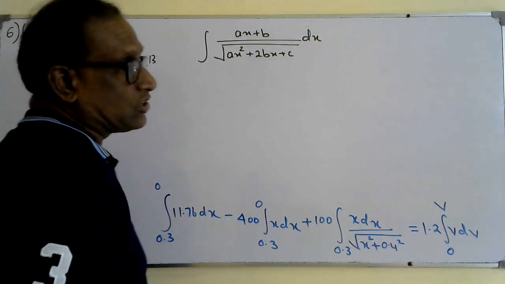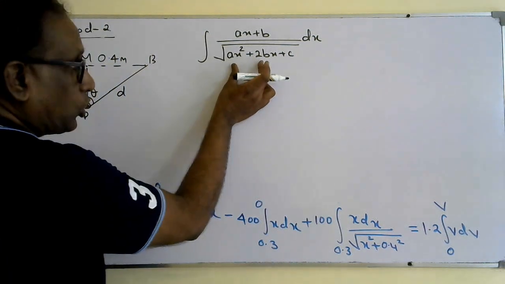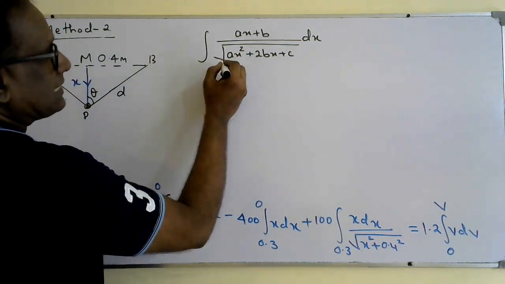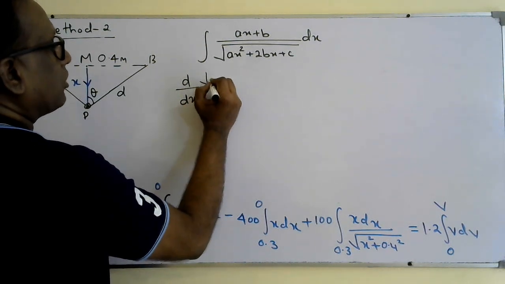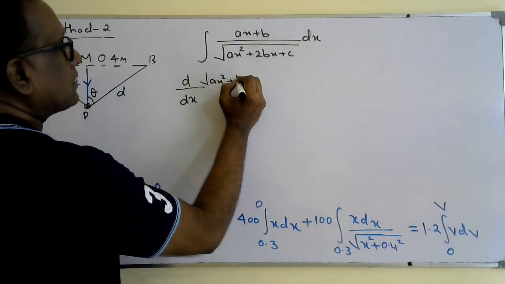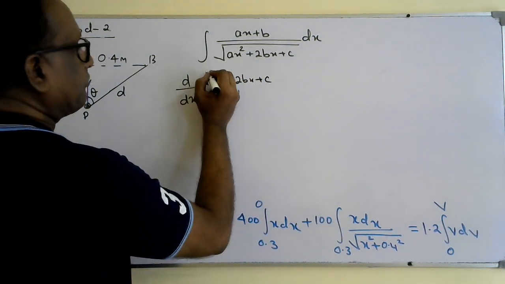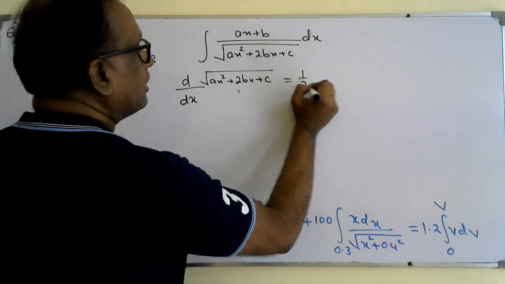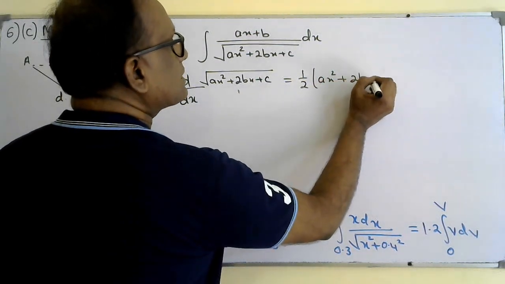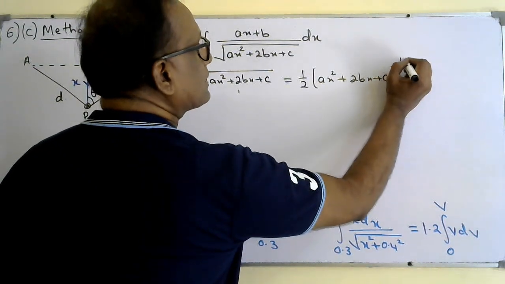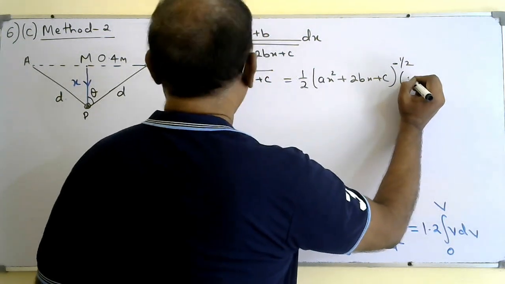What could be the integration of it? Remember this way. Now if you differentiate the denominator, d over dx of the square root of ax squared plus 2bx plus c, you will get half times (ax squared plus 2bx plus c) to the power of minus half. If you differentiate inside, you will get